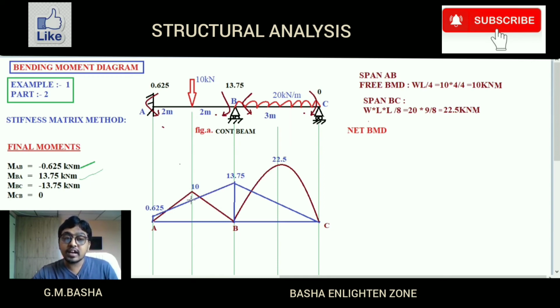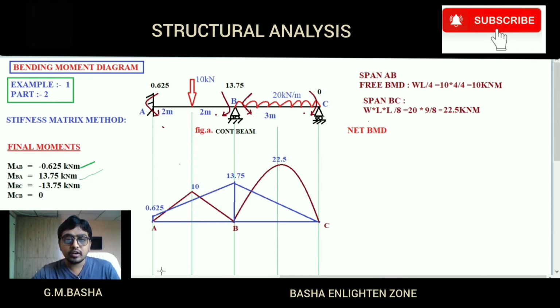For example, for an eccentric load, if I want to take net bending moment values, what I have to do? Wherever there is a point load, I have to find the ordinate. For example, if the point load is some 3 meters away, I have to find the ordinate for the 3 meters distance only. I already showed how to calculate net bending moment values for the eccentric load. For a triangle exactly at the center and for a parabola, calculating the ordinate will be very easy. If you take the average of the values, you will get the ordinate exactly at the center.